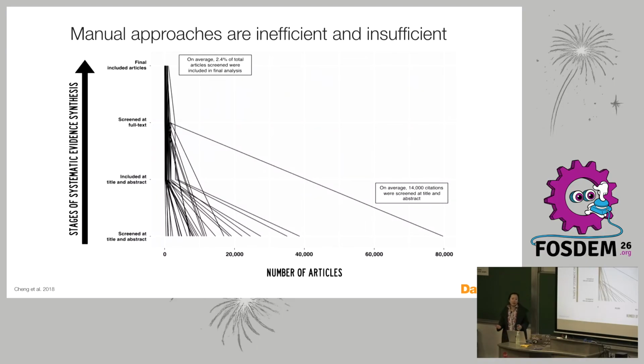Which leads me to this point that not only are they inefficient, they're also sometimes insufficient to look for the right information. When we looked across the environmental sector, we found that for similar types of studies, authors are looking at around 14,000 citations to get to really only 2.5% of those that were actually relevant to what they were looking for. So obviously there are a lot of reasons why you might not include things, but ultimately what the verdict is here is people are looking through a lot of potentially irrelevant stuff to get to what they need.